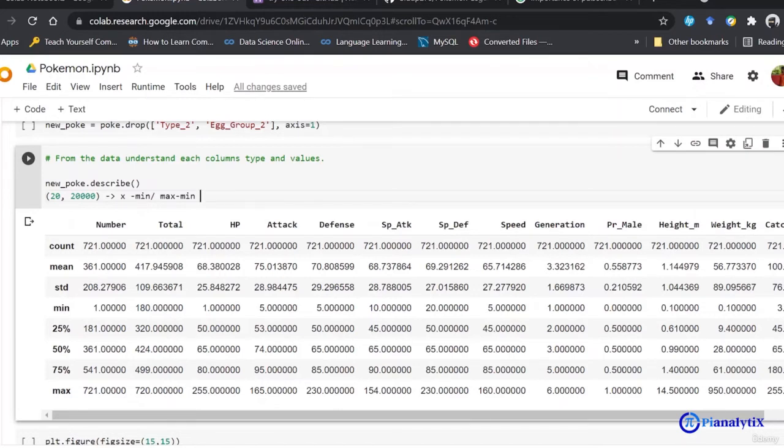So let's say there was a value x equal to 300. After normalizing, it changes to 300 minus 20 upon 19980.